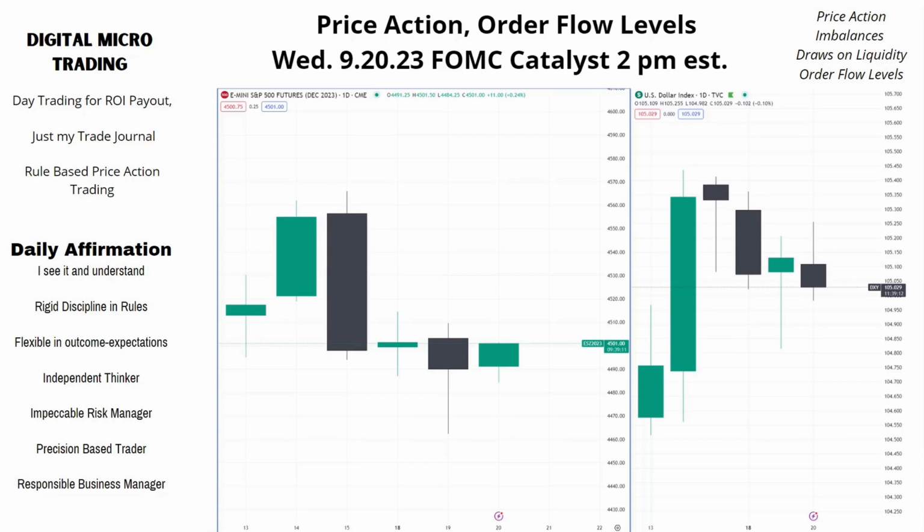But on the left side chart, that looks a little too clean on the last three 24-hour candles. Note how the highs are relatively at the same level. So it's ripe for a possible breakout up and then maybe down. I don't know. But right now, I don't want to take any positions before the big catalyst. Let's go to the lower time frames and look at the levels.